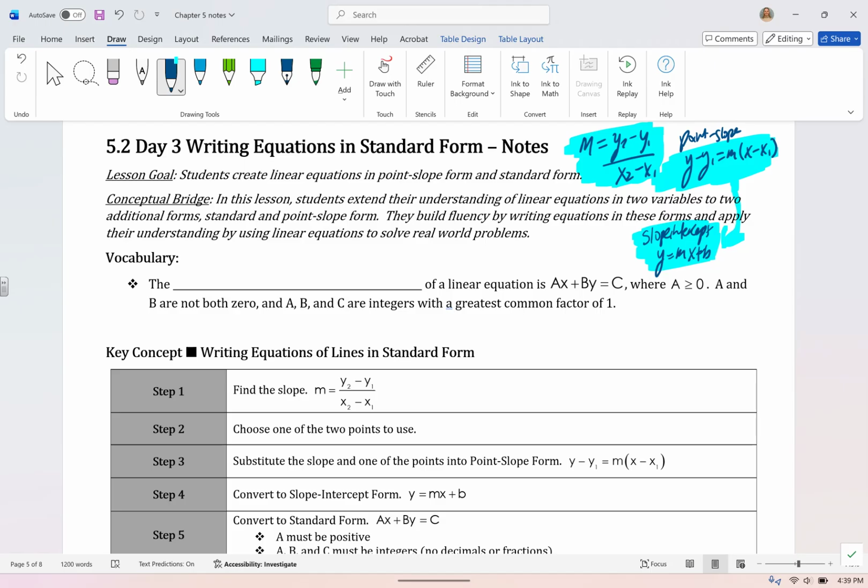And I think the big thing is the reason why we have this is you learned with Miss Curtis last year about elimination and substitution, where we put two equations together to solve for the common answer that works in both of them. The thing is, we don't really want a lot of fractions and weird looking formulas. We would like them to be two nice equations. If we're going to solve two together, we want them to be cuter. And so standard form